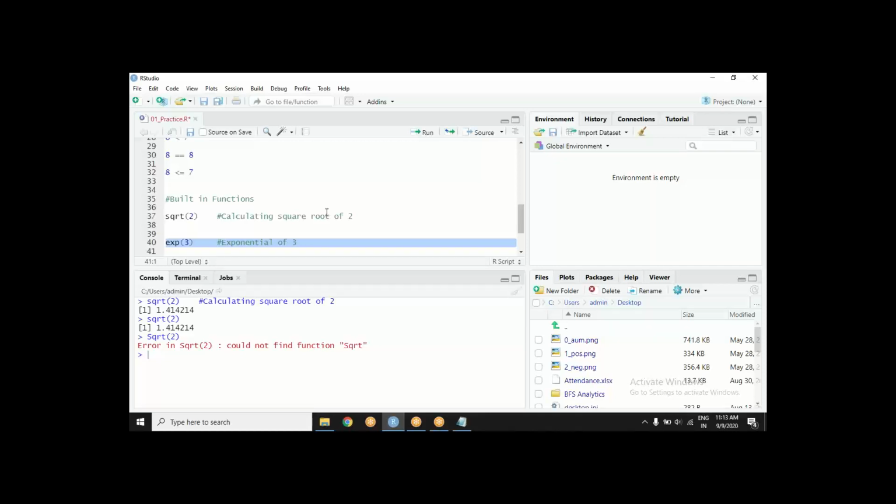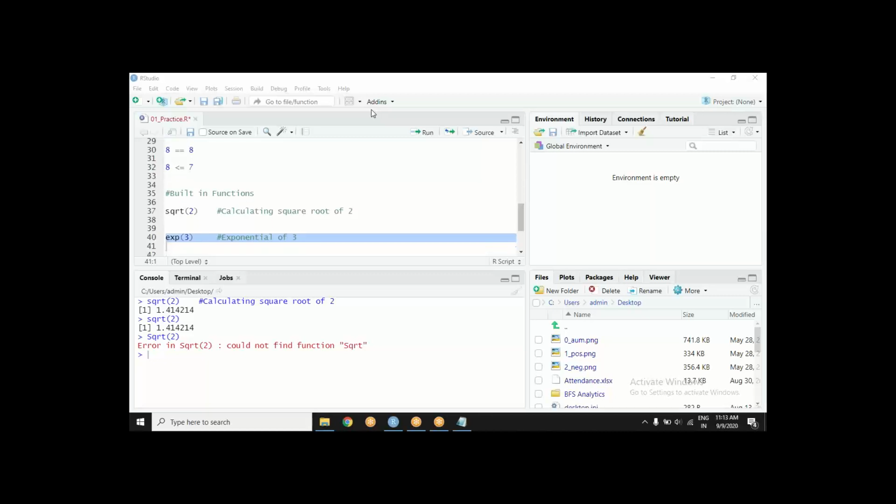Go for this. Maybe try it yourself. The highlighted one. There is a function exp. It calculates the exponential of 3.